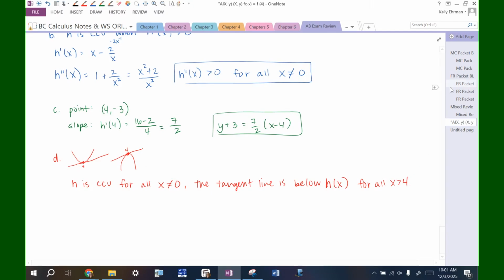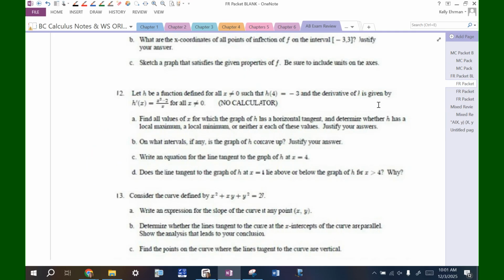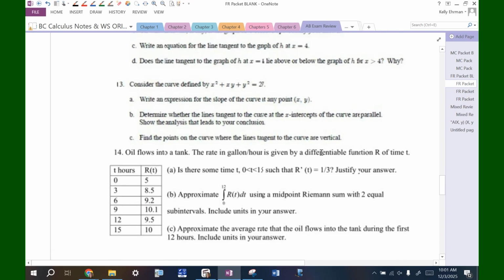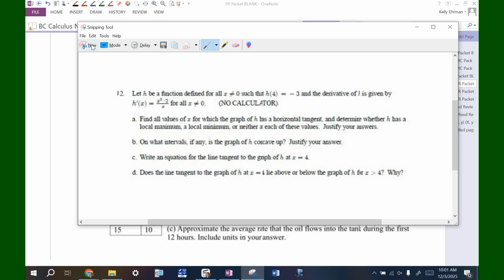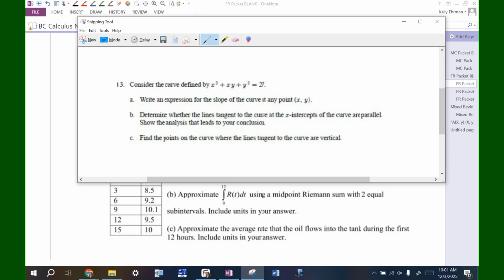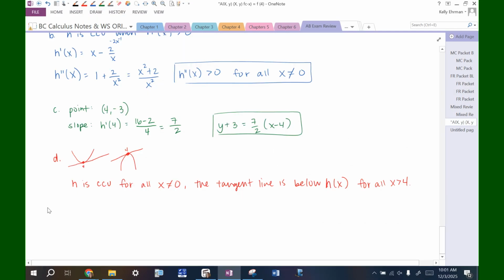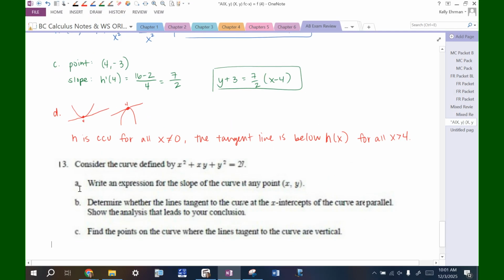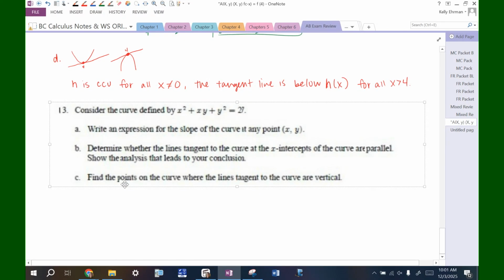All right, let's do one more. Oh, no, sorry. We'll try to get 2 more in. All right, so take a look at 13. Get myself all set up here. Okay, so for number 13,